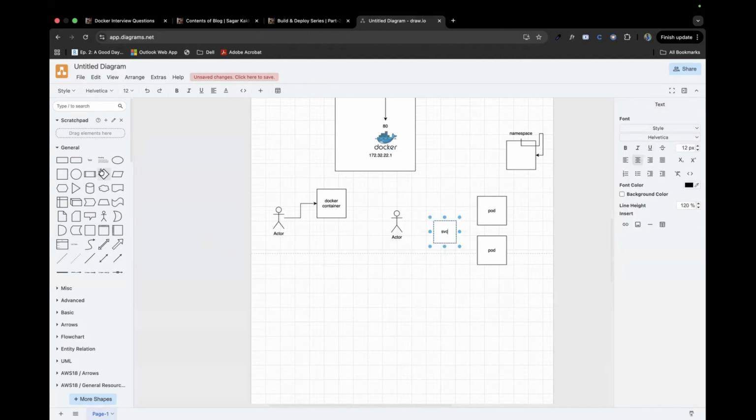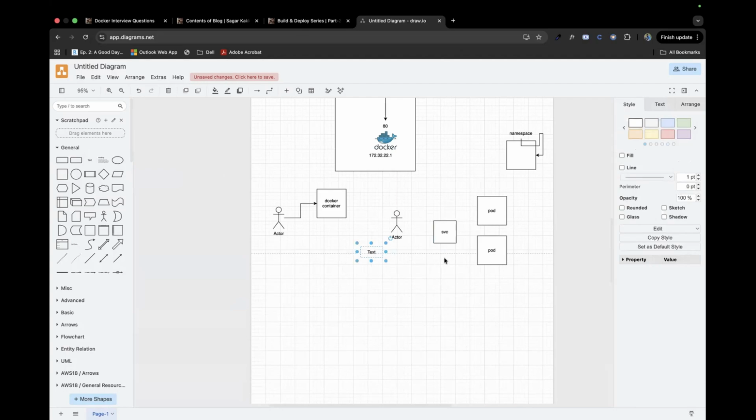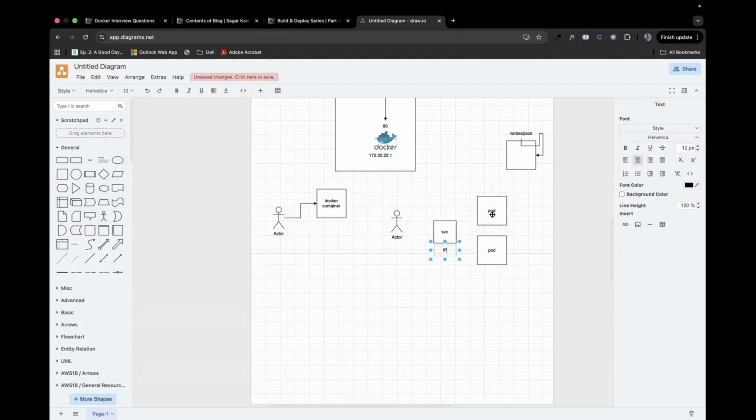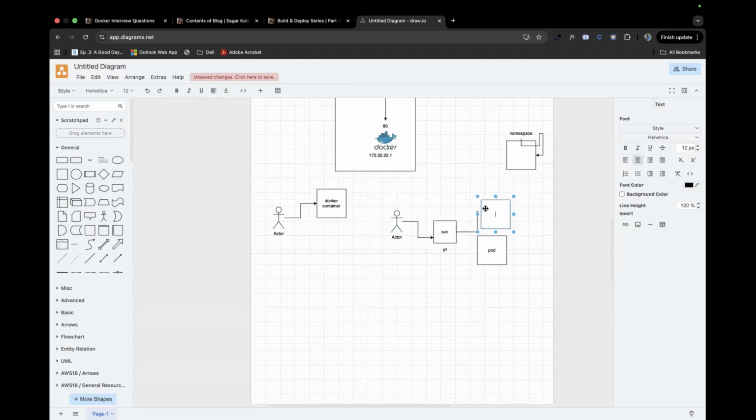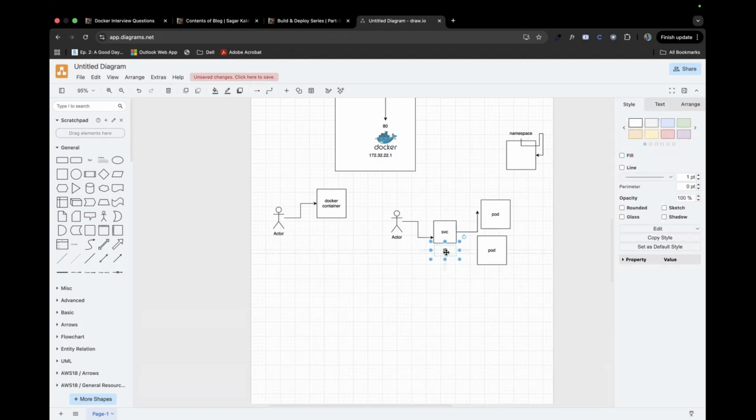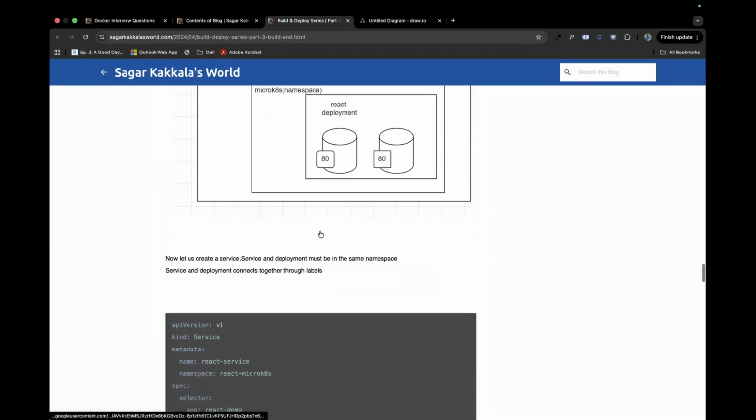And a service has default IPs, and this IP does not change at all. So instead of asking the user to access the pod, we'll ask the user to access the service. And from the service, they could access the pod even if this pod is deleted and a new IP comes. The user does not have to worry about it, neither do we, because we're giving the IP of this service to the user and this IP remains constant. But yes, I'll tell you another problem with service as well.